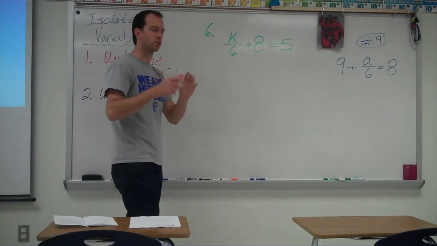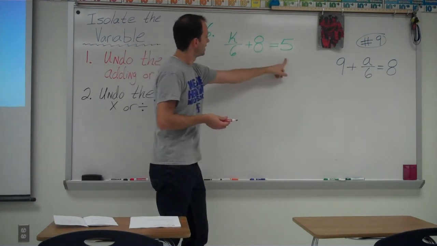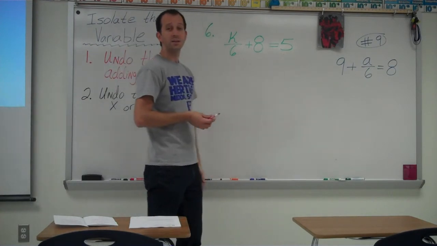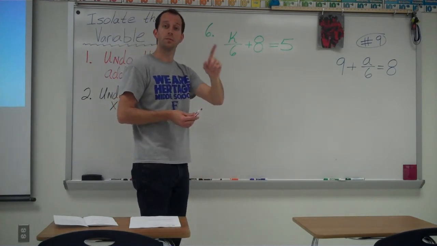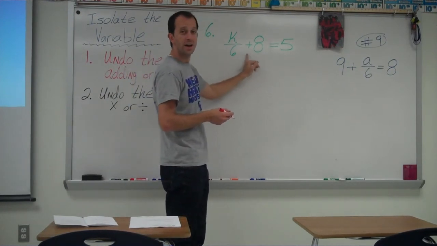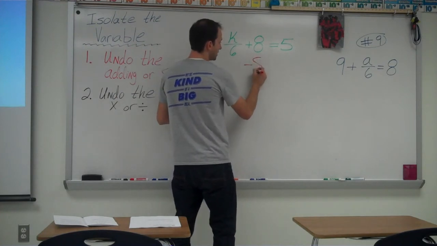What does that look like? How do we do it? Question number 6 on your homework right here. It's got this little thing that looks like a fraction: k over 6 plus 8 equals 5. Well, follow step 1. Undo the adding or subtracting. To undo adding 8, we do its opposite. We would show subtracting 8